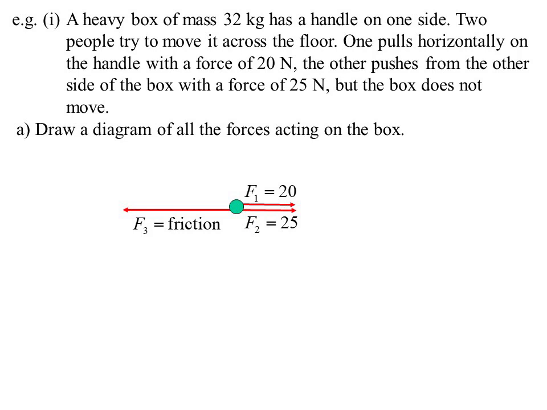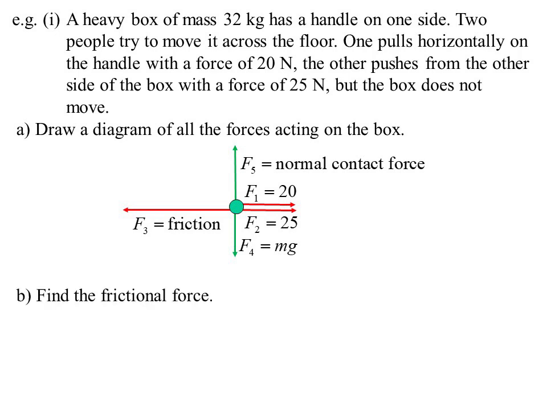Technically, there are another two forces. We're probably not going to need them for this problem, but technically they're there because the box is making contact with a surface. It's going to have gravity pulling it down. Yeah, sure, the surface is stopping it going through the surface, but we have this force of mg, and we have the normal contact force going up. In this case, the normal contact force would be equal to mg in size because the box is on the ground. It's not like the box is jumping up or going through the table. They would actually balance.